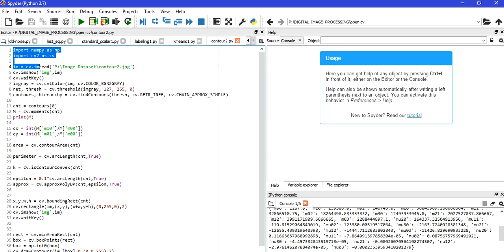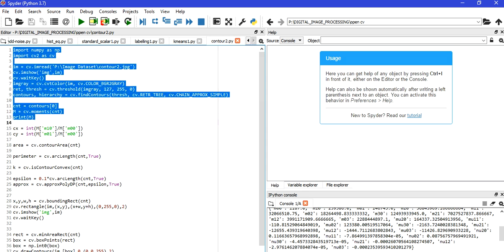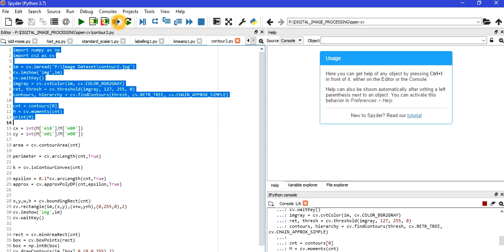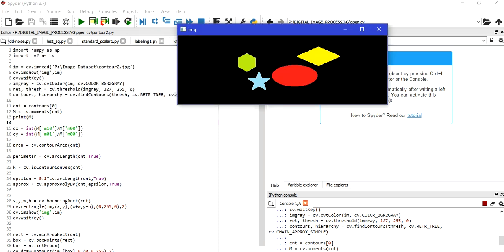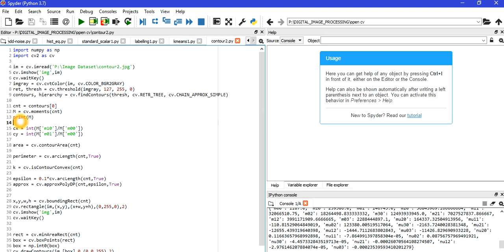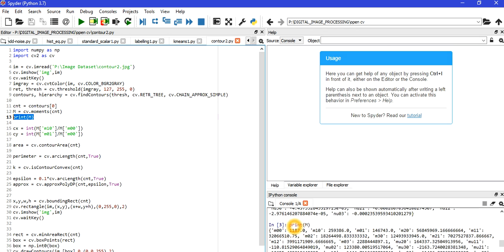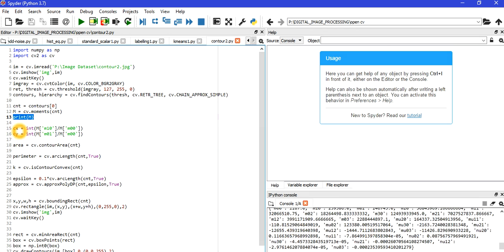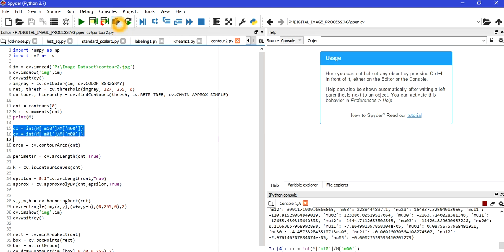So let me show you the execution. I'm running it. That is my original image. Now I have found the value of m, that is the moments. I'm just going to show it to you. So these are the moment values. Then we can find the centroid information.